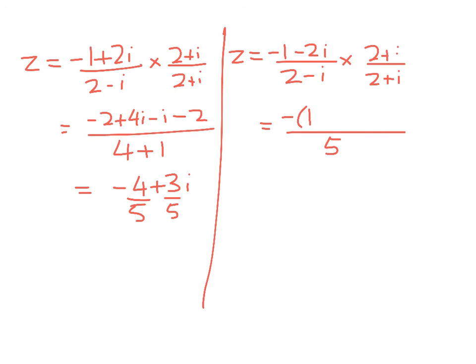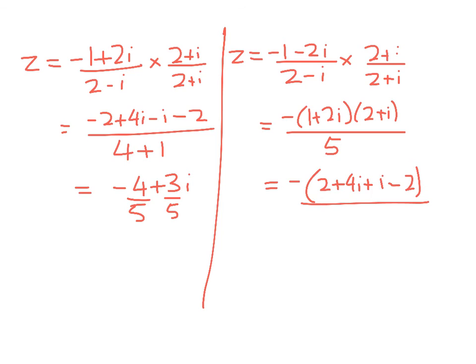Here we're going to have negative 1 minus 2i times 2 plus i, which gives me negative 2 minus i, minus 4i, minus 2i squared, so plus 2, and that simplifies to give me negative 5i over 5, which is just negative i. So these are my two